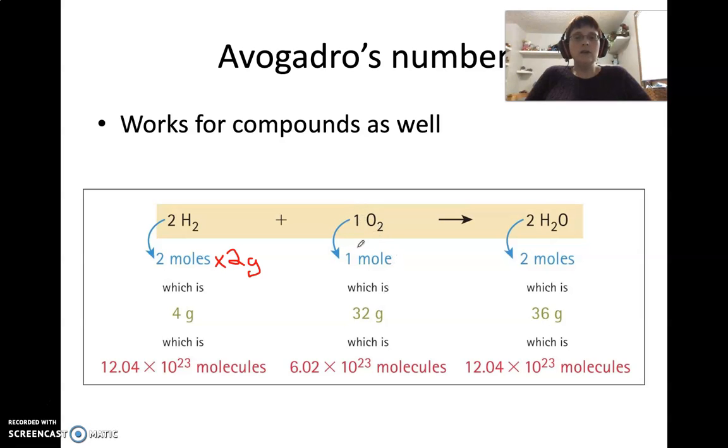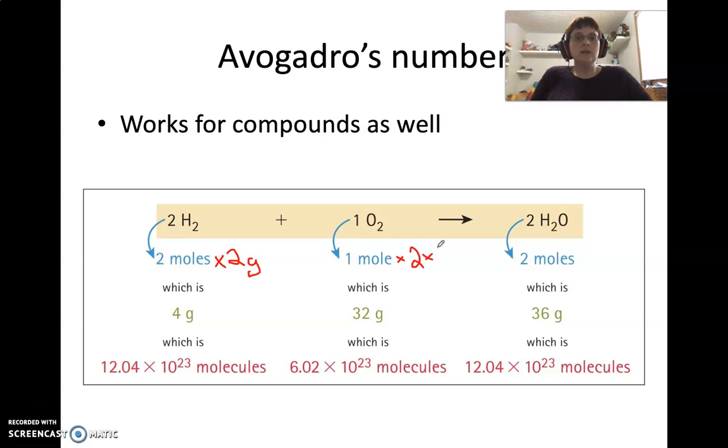So we wouldn't have the one here, but we assume it. So they've written it in. Since there's just one, that means we have 1 mole. 1 mole means we have 6.02 times 10 to the 23rd molecules. Cool. We have 1 mole and we have O2, which means that we're multiplying 1 mole times 2